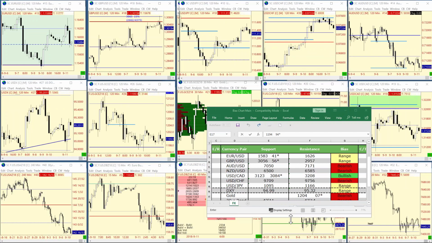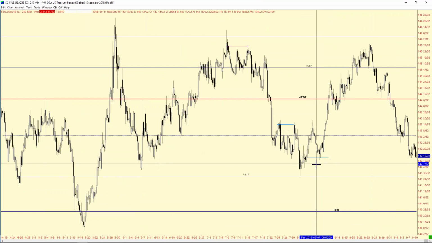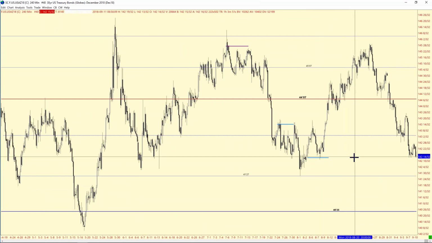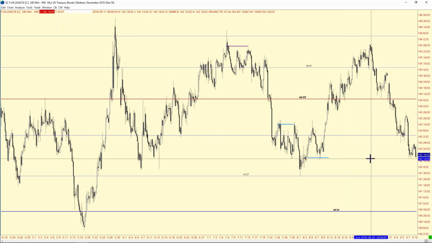We had 42.11 for our support. The low has been 42.13. Well, I'm going to stick with 42.11. I don't see any reason to change. We could take it up by a few pips, but that's it. That's support there, so there's no need to change it. 42.11. Right now that support has held. We're off by 2 ticks.